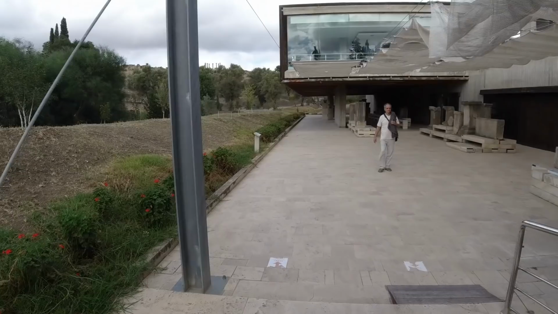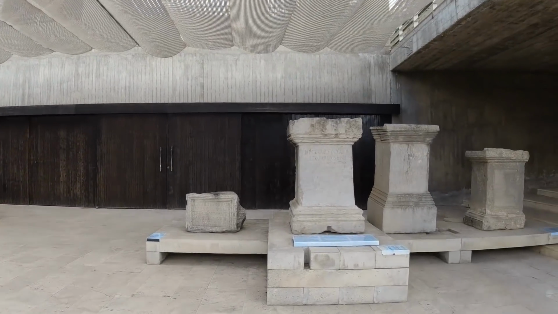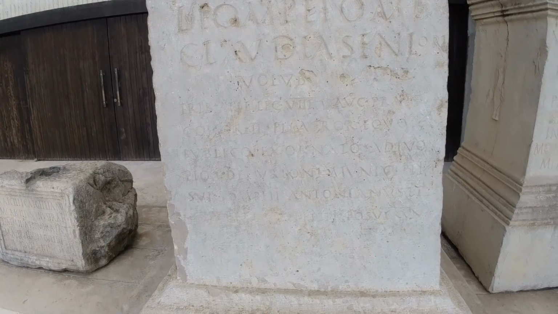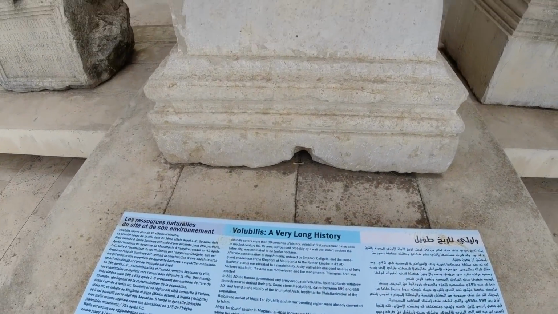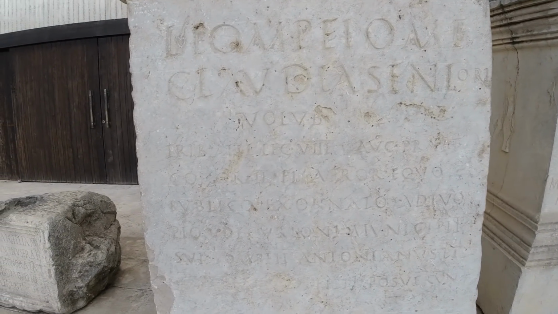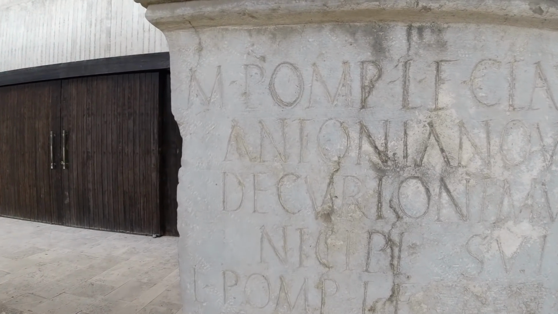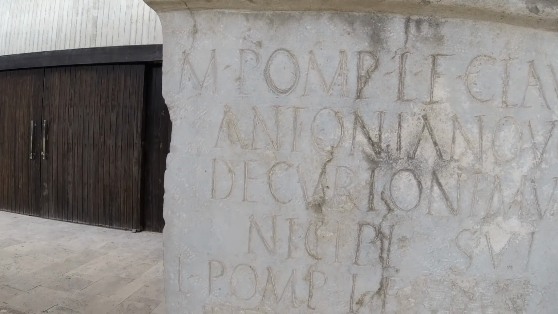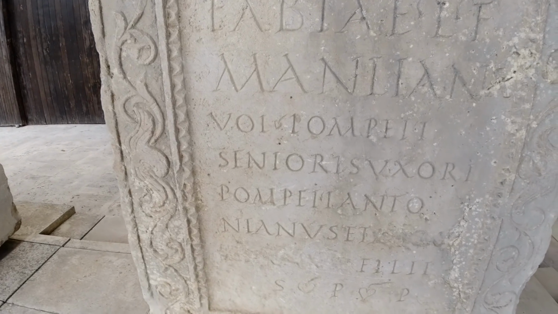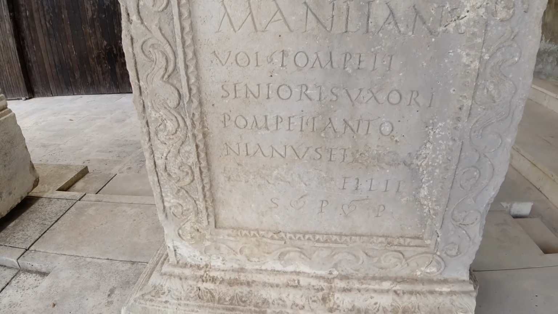And of course there are guides available. A couple of them were trying to offer me their services, but as is often the case, I just prefer to walk around on my own and enjoy the silence and the sights and learn a bit from the informative signs. There you can see the Latin. It is kind of the usual history of the Roman Empire, conquering and building and baths and amphitheaters and arches and...